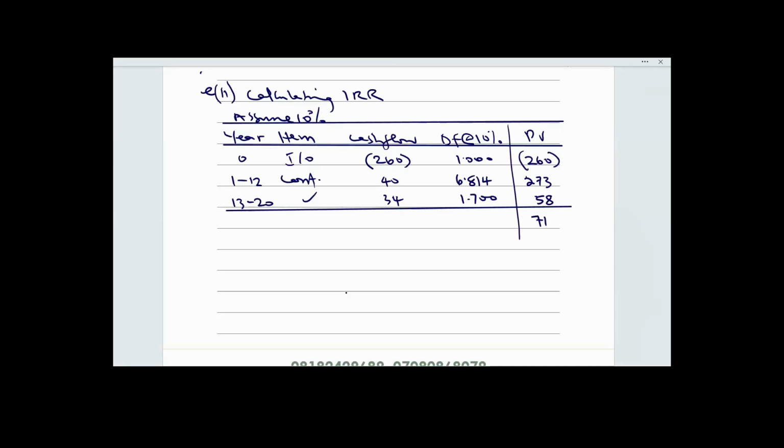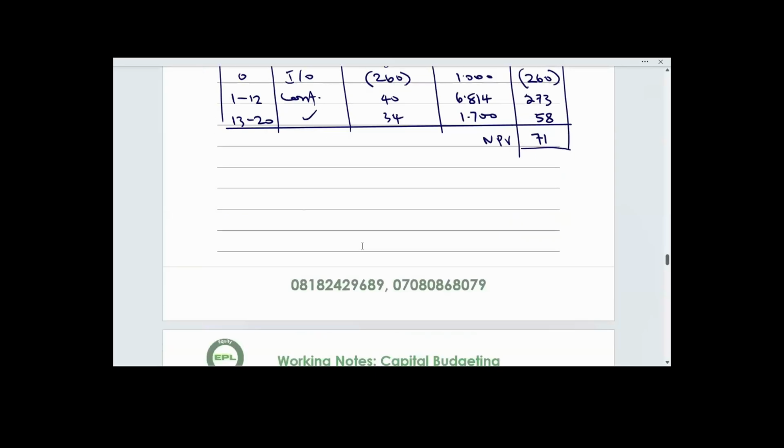All right. So we assume 15% discount rate. We got a negative NPV of 15. We then reduce it to 10%. We got a positive NPV of 71. At this point, I will then calculate internal rate of return. So I will then say IRR